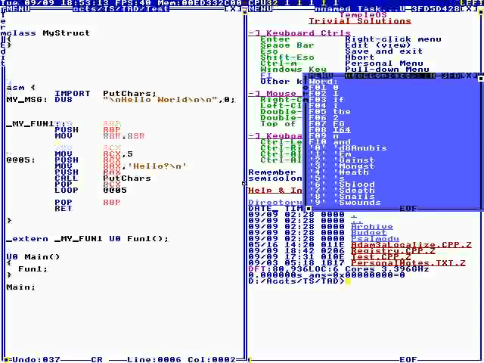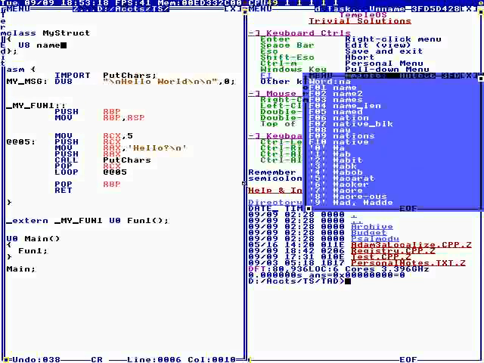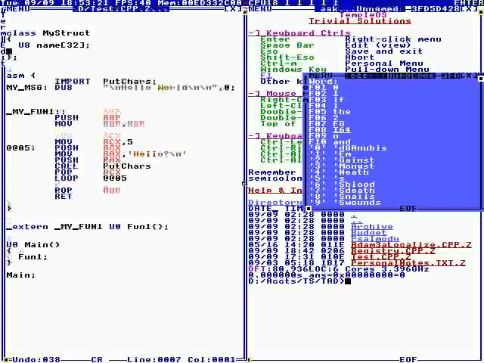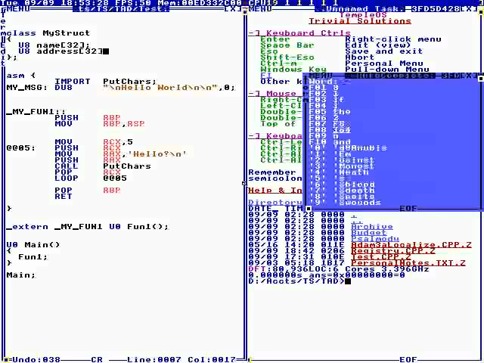If we have a class with U8 name 32 and U8 address 32, to do that, what do we want to do? Let's just go ahead and